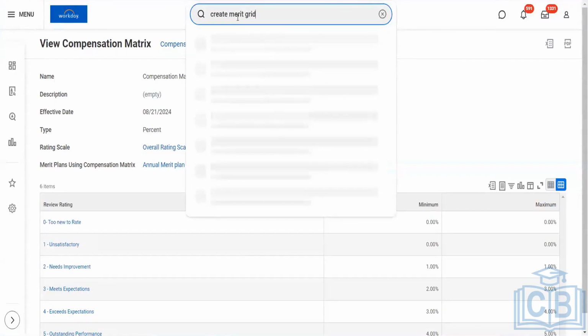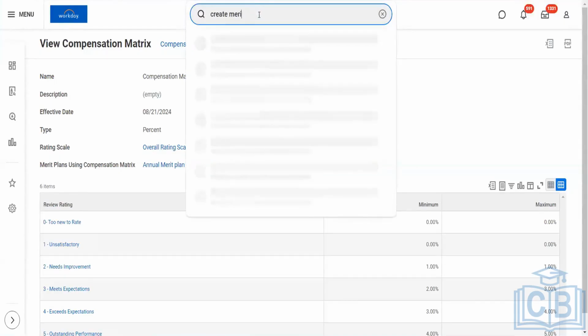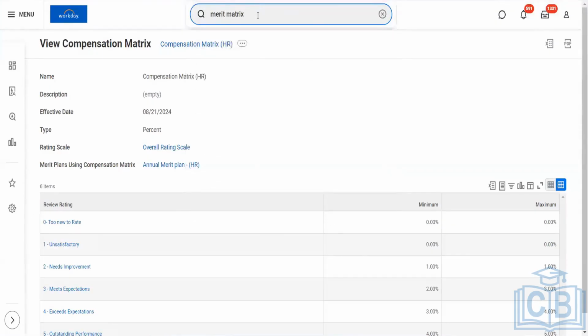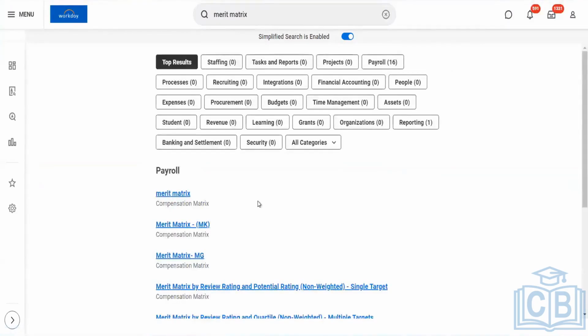Can you just search for merit matrix or merit grid? I'm just asking if I'm missing anything that can be good. There's no such thing as merit matrix. Oh, give me one. It is there, merit matrix, compensation matrix. That's what it is coming up as, but it's not as a task.